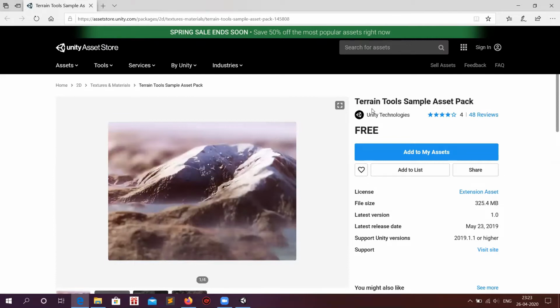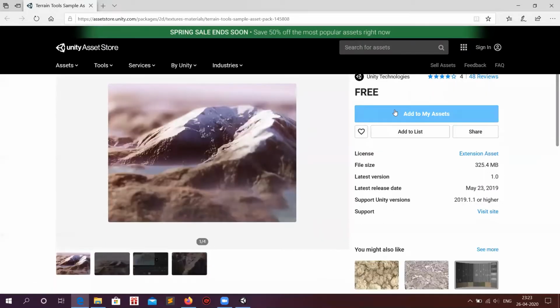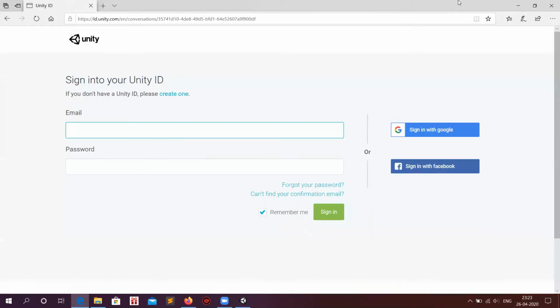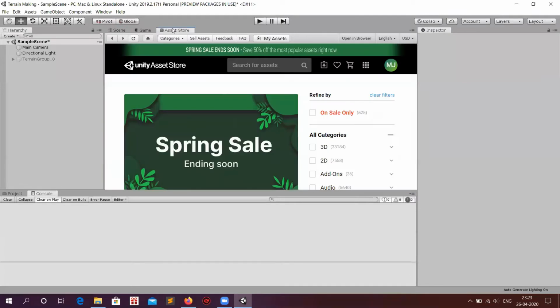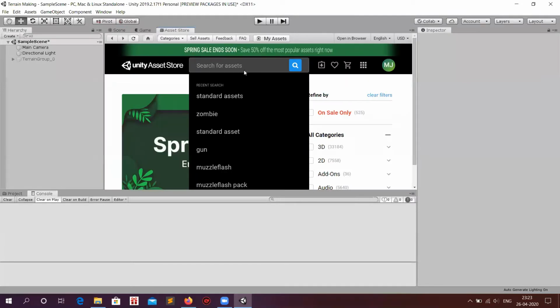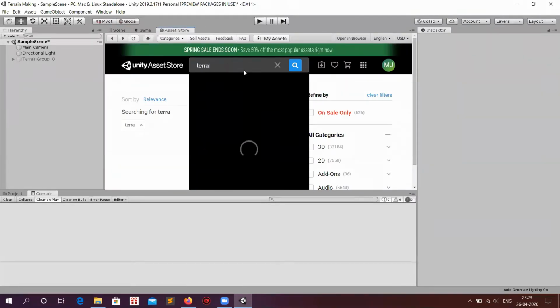When this link is opened, you will see the package name, that is Terrain Sample Asset. You need to add it to My Assets, which will ask you for login and stuff. But we are going to download it from the Unity Asset Store itself.